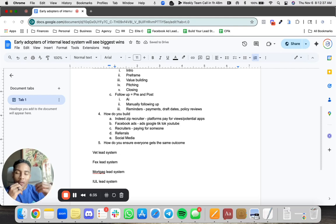Okay. Then you have recruiters, right? So this is you paying somebody who will go out and probably use these platforms, but you don't need to actually do it yourself. It's not manual. You're just paying kind of higher ticket. You're like, hey, go out and give me these people. They bring the people back to you and you scale that way. You have referrals, where it's just, hey, do you know anybody who needs a job opportunity? So it's friends and family or even potential clients that know other people. And then you have social media. So it's organic posting, letting people know